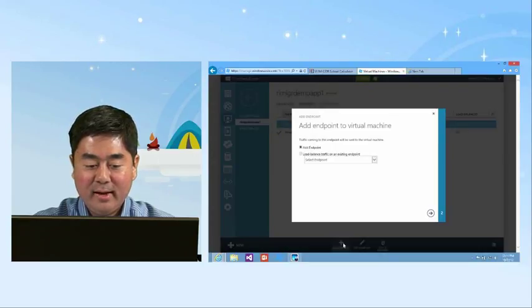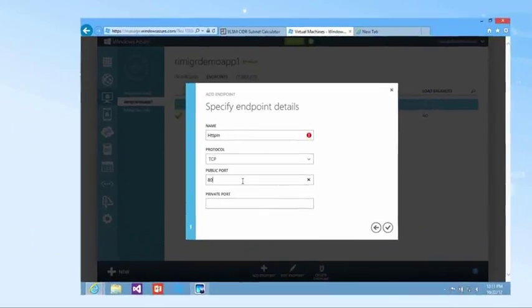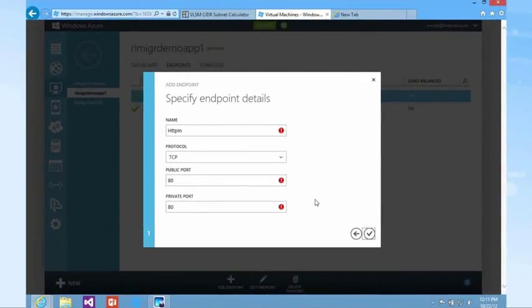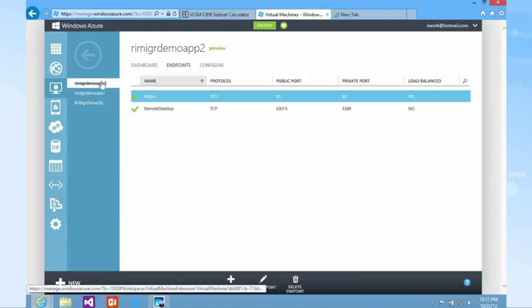So I just click Add Endpoint, and I can specify a name for it, like HTTP, specify the protocol, the port I want it on, and then just click OK. I would do the same thing for port 443 if I wanted to do HTTPS. You do that on the first VM image, then you're going to want to go to the second VM image,